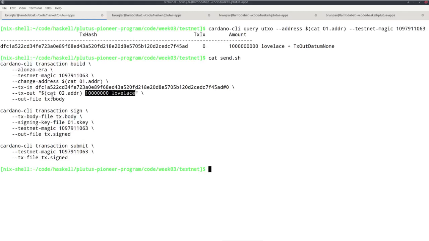And finally, a file name where to write this generated transaction body to. So if all goes well, that will create this transaction body and write it to this file. Then the next step is to sign it. So we must specify the body file, which is this one, then the position of the signing key file, that one we created earlier, again the testnet magic, and then a file name for the file with the signed transaction, which I chose as